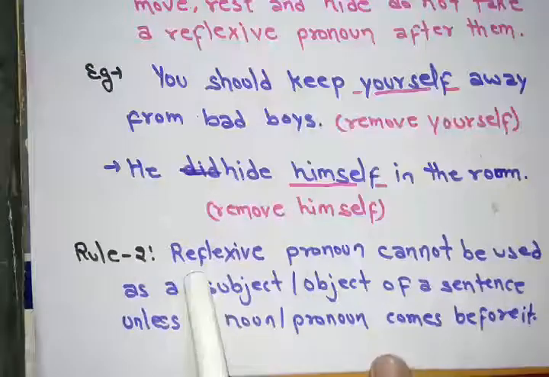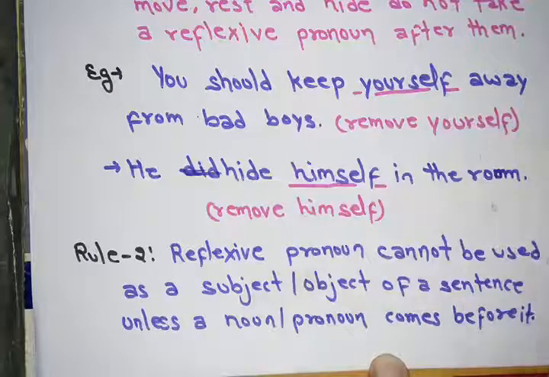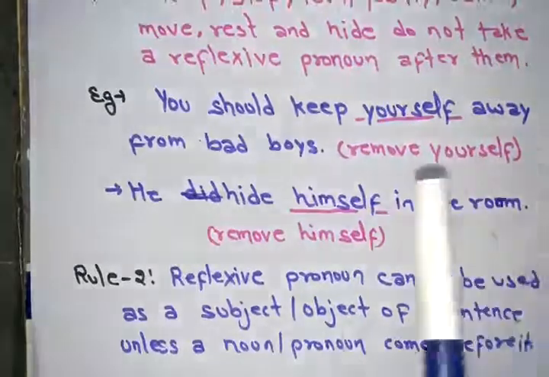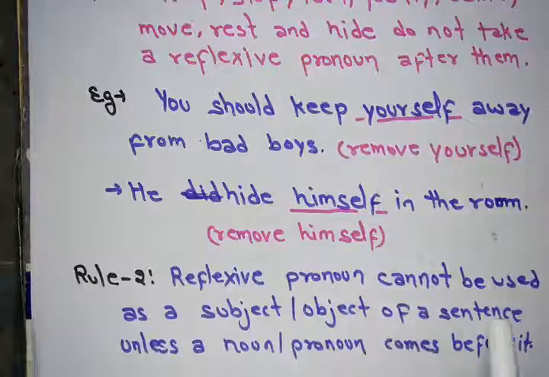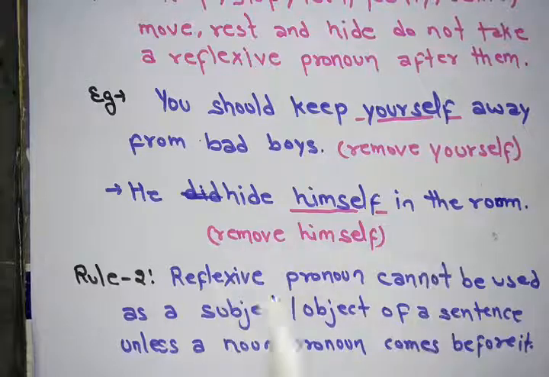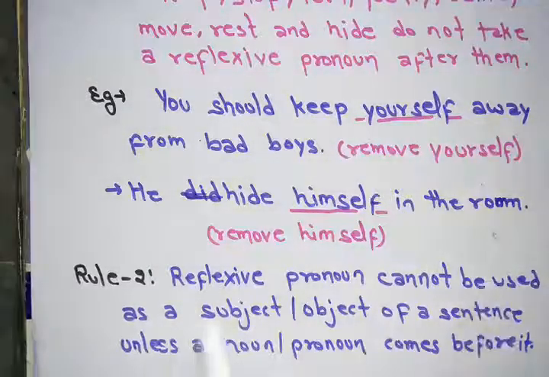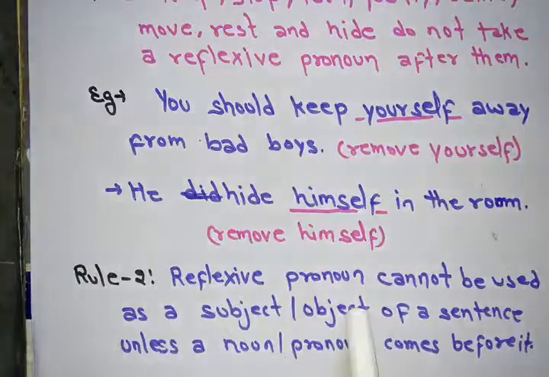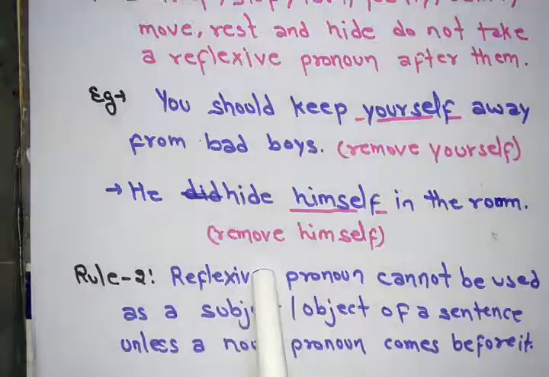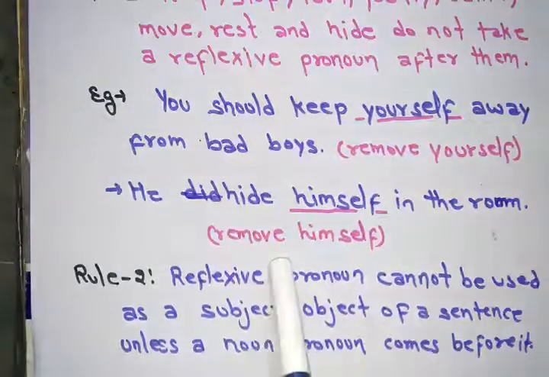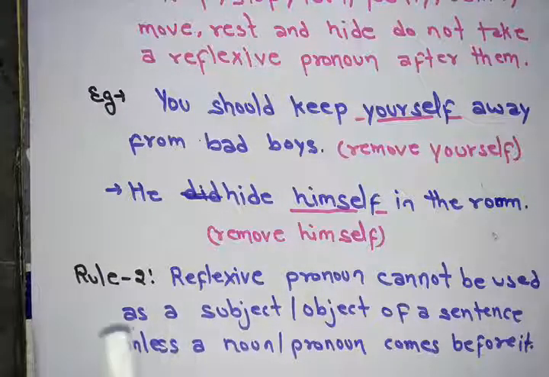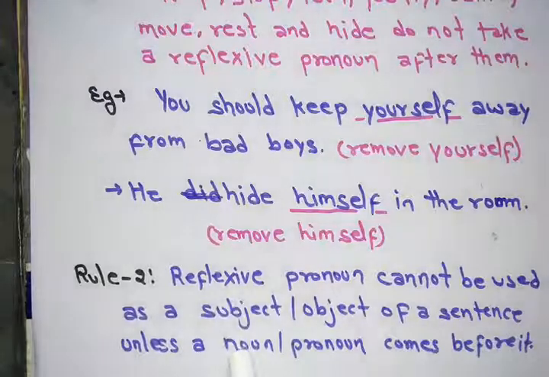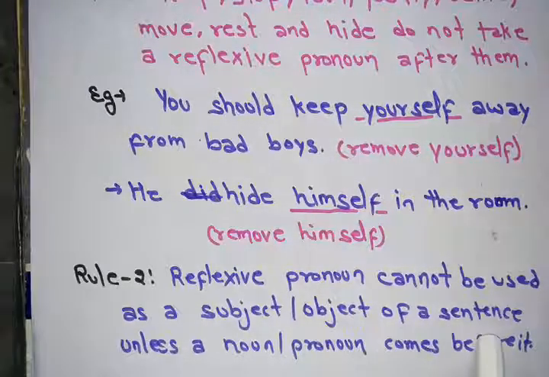Rule number two is: a reflexive pronoun can't be used as a subject or object of a sentence unless a noun or pronoun comes before it. So a reflexive pronoun cannot be used as the subject or object of a sentence unless, that is till the end, a noun or pronoun comes before it. For example,